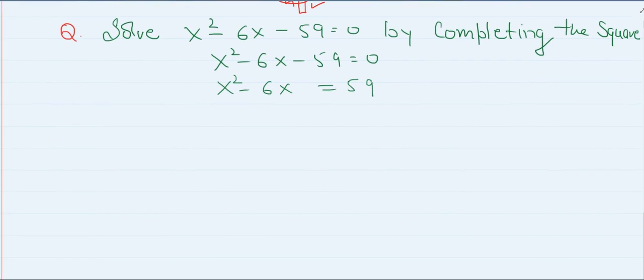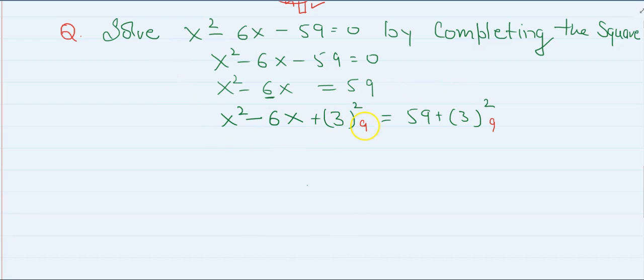Now as I told you, what we are supposed to do is, x square minus 6x. Now what is the half of 6? 3. So add 3 square here and add 3 square this side also. You can write it as 9 also, there is no problem. 59 plus 9. Expression plus 9. So now this expression will be x. We are going to use this sign, and this is always positive. So this will be x minus 3 square